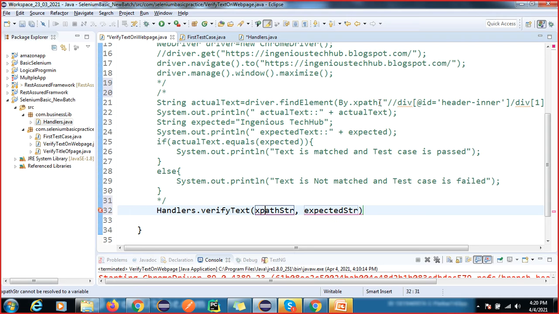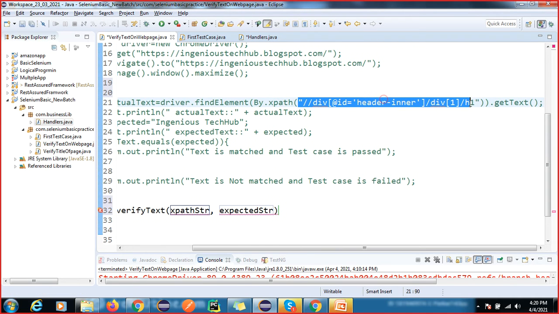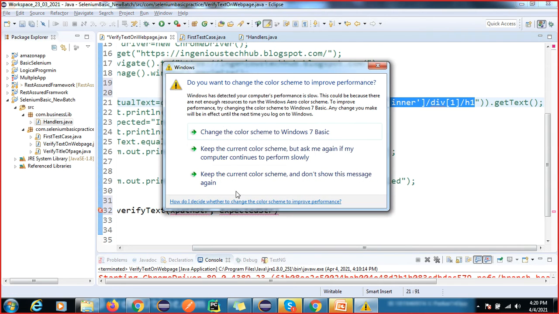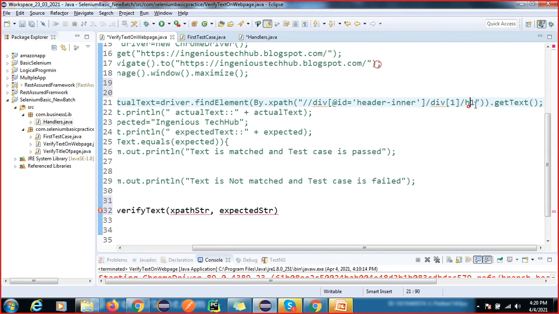What you can pass here? You will pass here this xpath, and I will pass here xpath.